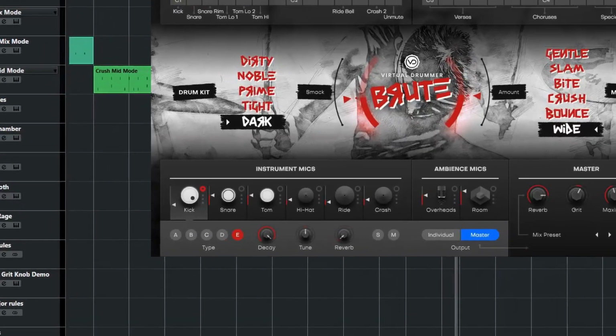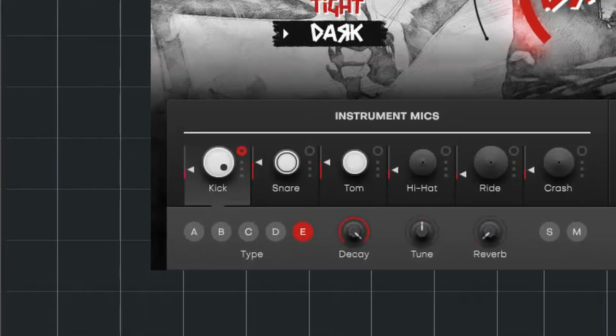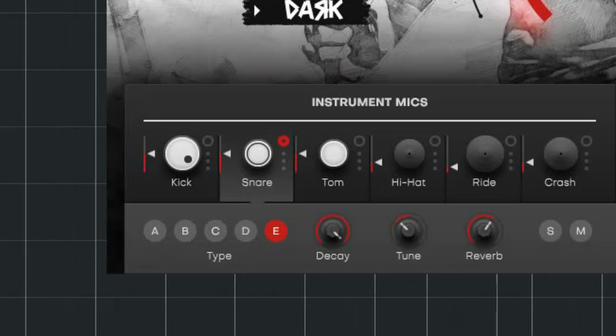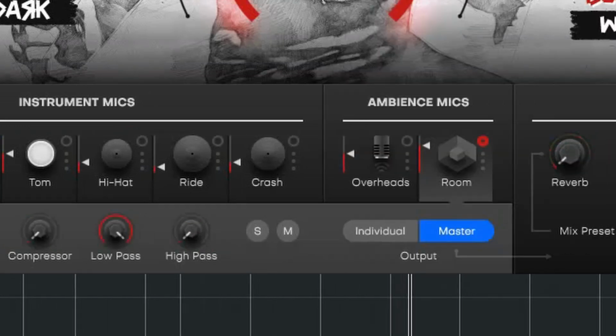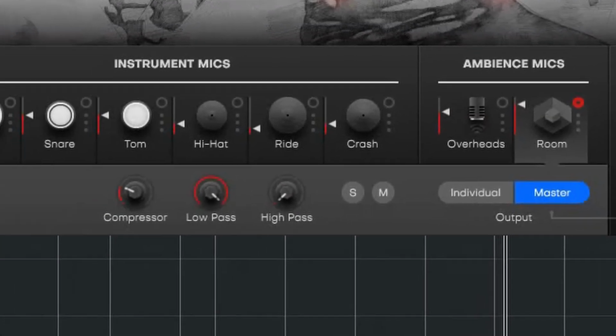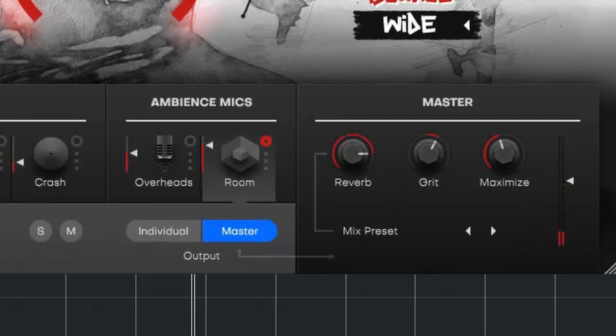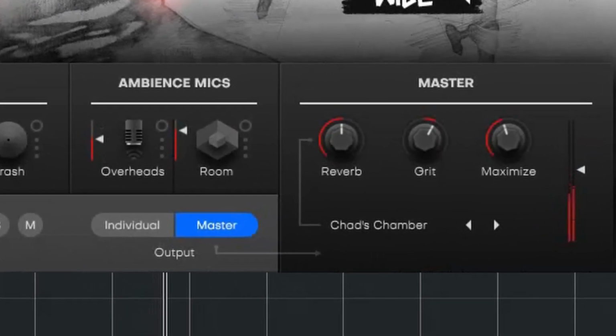Of course, you also have individual controls for drum sounds. Adjust levels here. If your genre is more on the electronic side, shorten the sounds here. Treat overhead and room microphones to some individual compression here. The aux effects are tailored to each mix mode, but you also get additional choices like a wide drum booth,